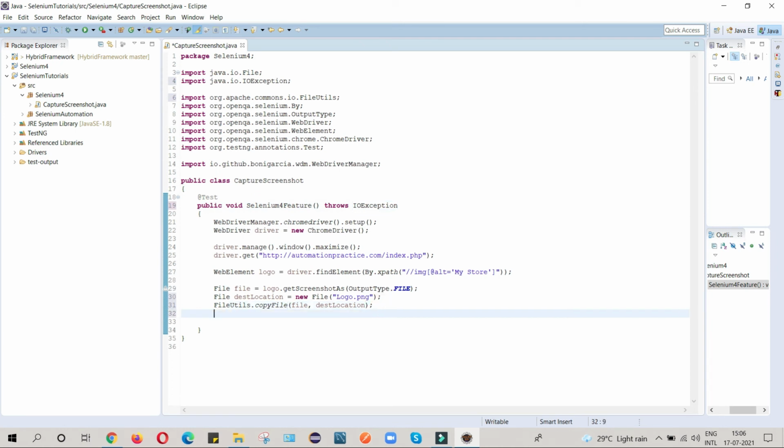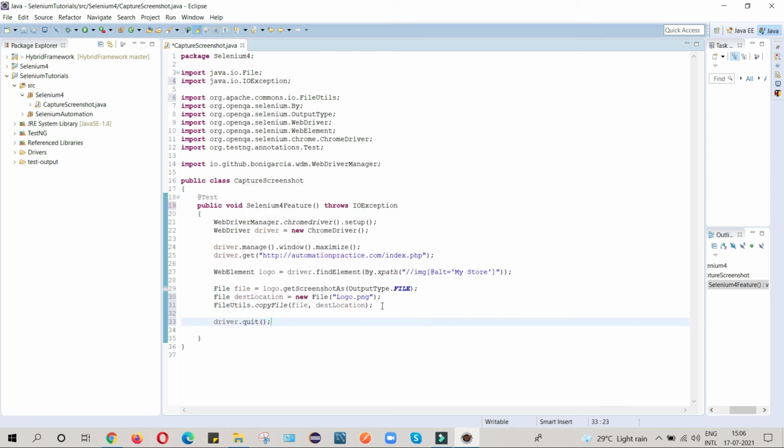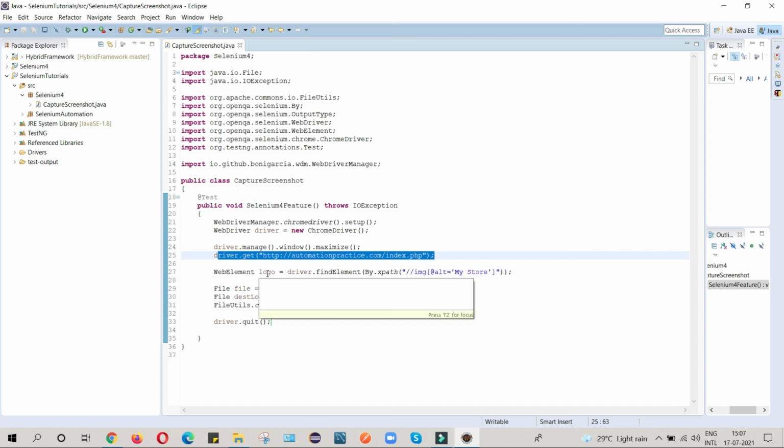Now my last step will be to close the browser. Everything is done. So what we have done till now is we initialized the WebDriver Manager and the ChromeDriver, because we are going to open everything in Chrome. Here I just maximize my window and provide the application URL. Now whatever image we are going to capture, we provide the locator.